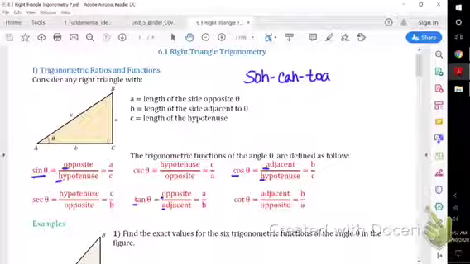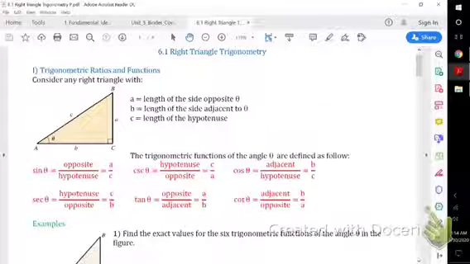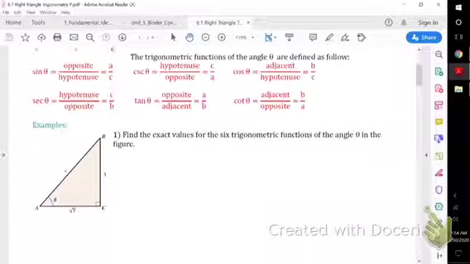Of course, we know that sine and cosecant are reciprocals of each other. Reciprocals means to flip the fraction. So we know then that cosecant is going to be the hypotenuse over the opposite. Cosine and secant are reciprocals, so secant would be hypotenuse over adjacent, and tangent and cotangent are reciprocals, so cotangent would be adjacent over opposite. Alright, so we can use that to help us solve some of our trig problems,